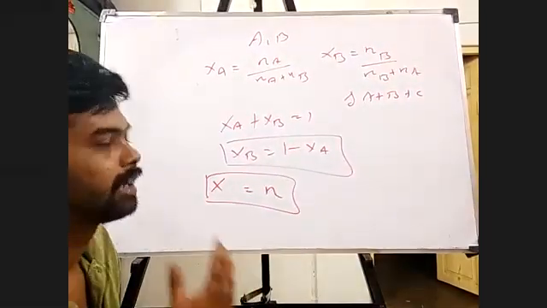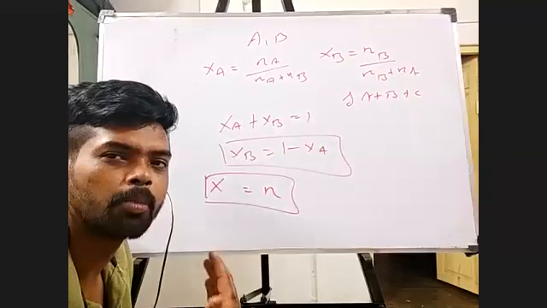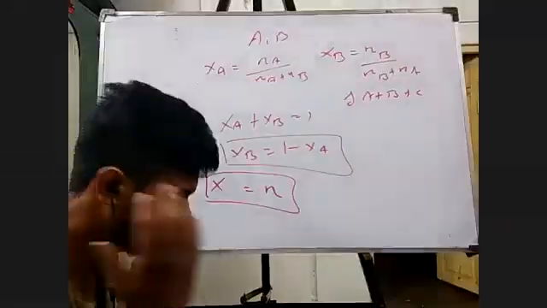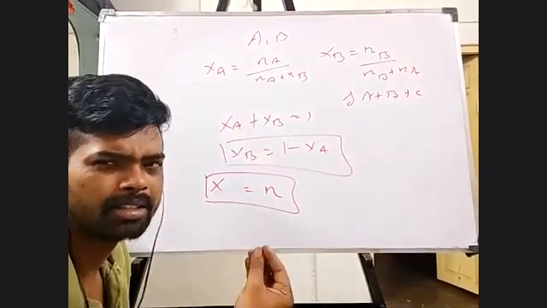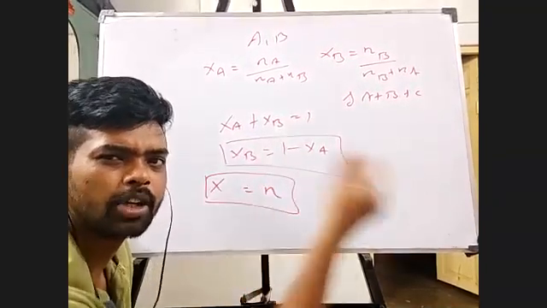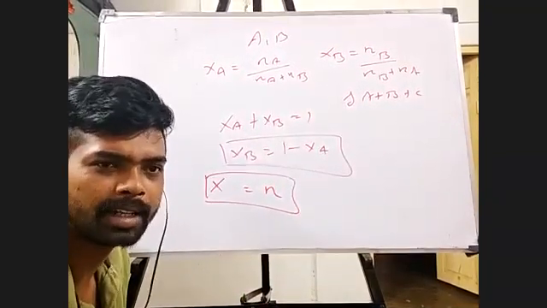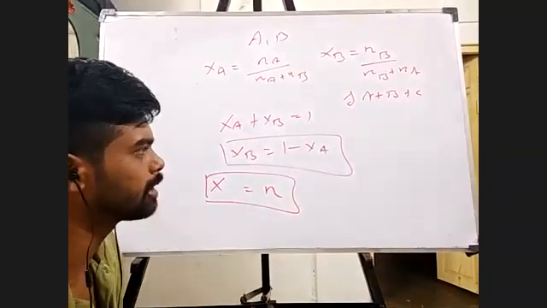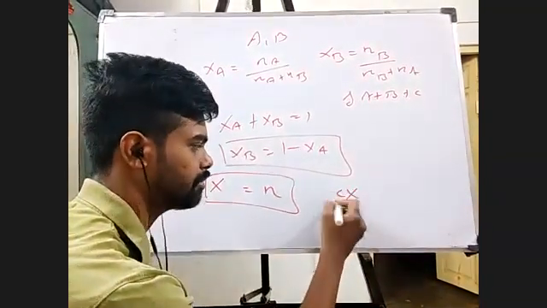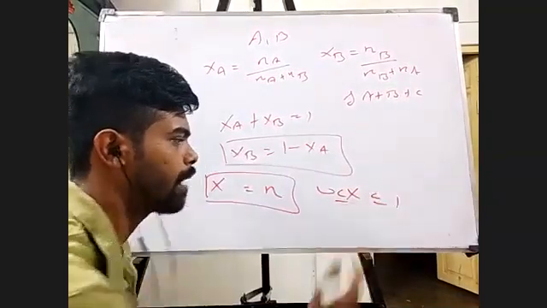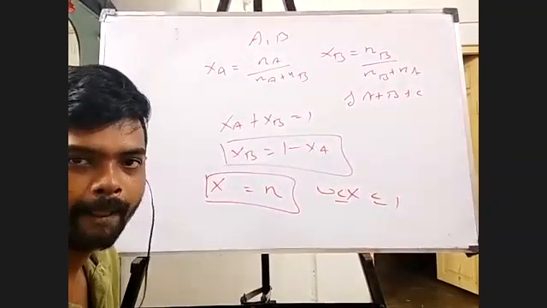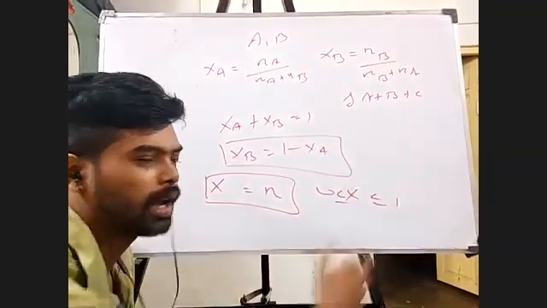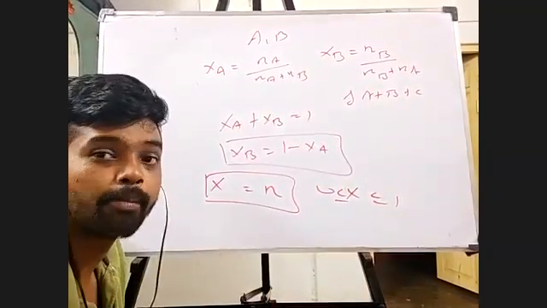Okay. And lastly, I have something called mole percentage. Now what is mole percentage? Very simple. Can I say mole fraction into 100 will give me mole percentage? How? You can see that the mole fraction value can start from 0 to a maximum value of 1 for any component for that matter. It cannot be more than 1, right? So now if I multiply this value by 100, definitely I'm going to get mole percentage.